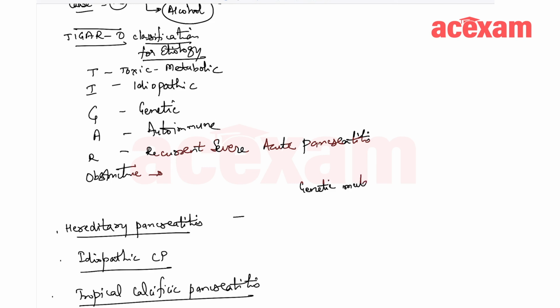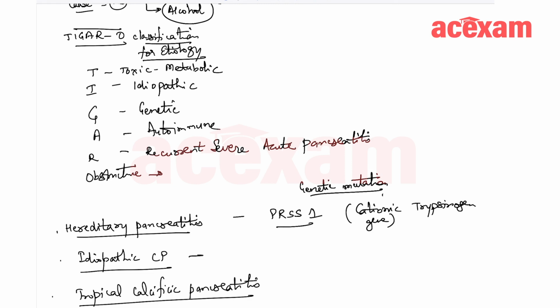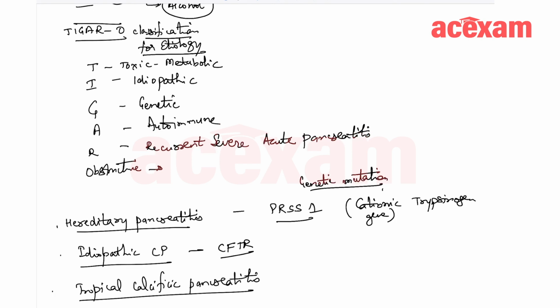Okay. Among the genetic causes, there is some genetic mutation which leads to pancreatitis. Now, hereditary pancreatitis occurs because of mutation of PRSS1 gene, which is cationic trypsinogen gene. Idiopathic chronic pancreatitis occurs due to mutation of CFTR gene, which is responsible for cystic fibrosis. Okay. And tropical calcific pancreatitis occurs because of mutation of